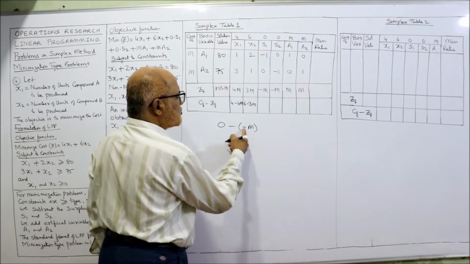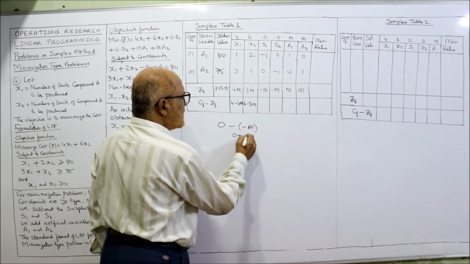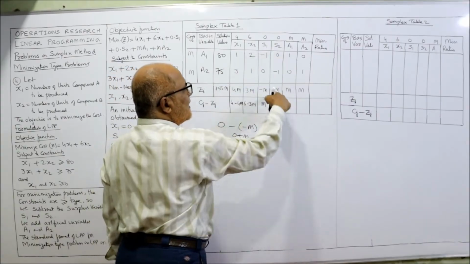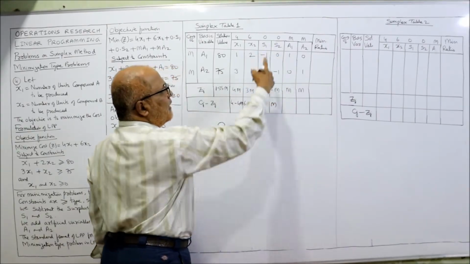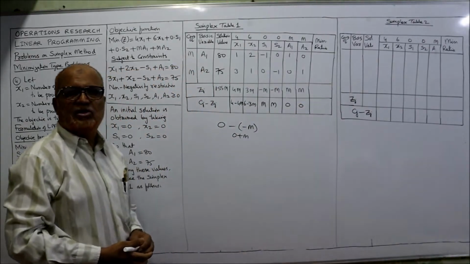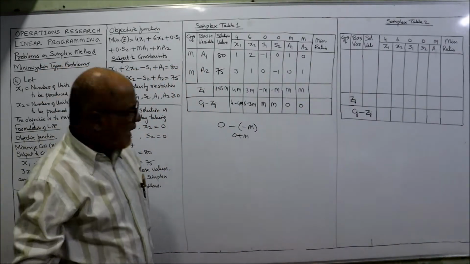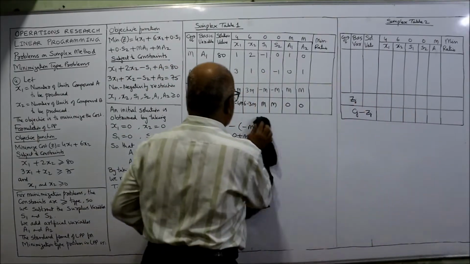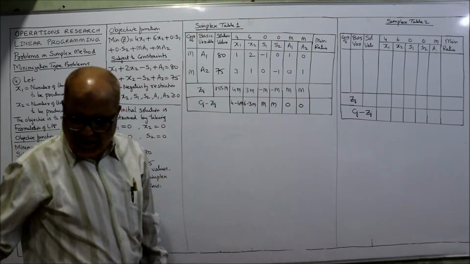So minus into minus will become plus. So 0 plus m, it will become m. Here also 0 minus minus m plus m. M minus m 0, m minus m 0. That's all. So we have calculated the Cj minus Zj values. Right? Now,